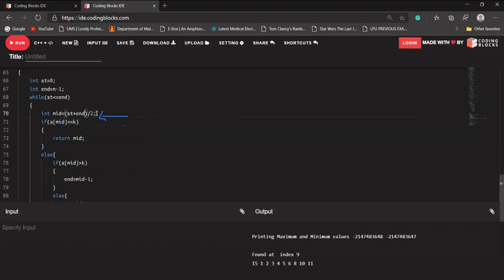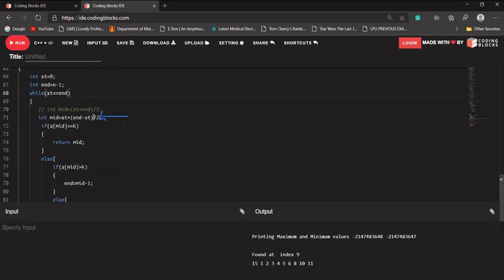So there is one more way of calculating mid: start plus end minus start divided by 2. For 5 and 9, 9 minus 5 divided by 2 is 2, and 5 plus 2 would be 7. Let's try to calculate it for 0 and 8.